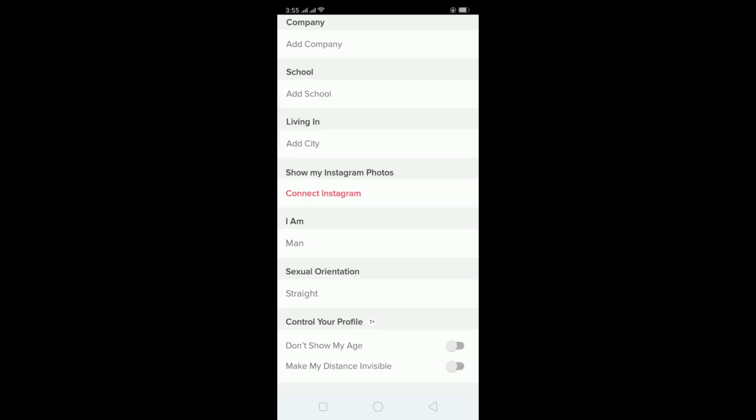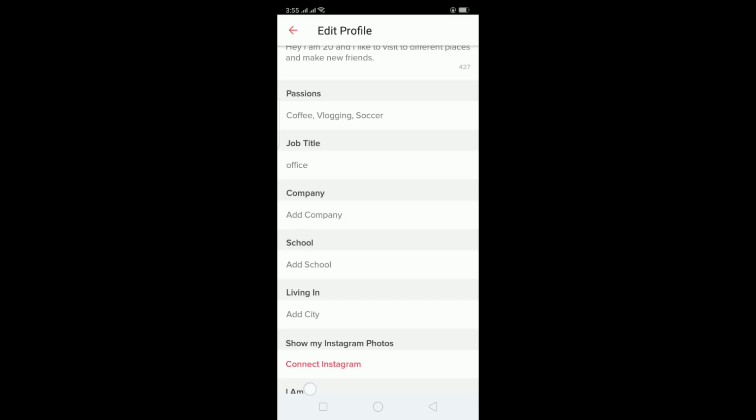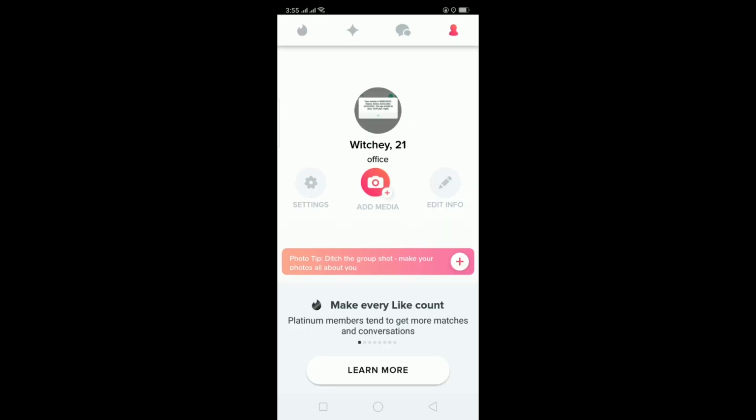So as I'm talking about Tinder's premium version, let me tell you how you can get it. You can just go back or go to your profile, and after going to profile, as you guys can see down below over here, it says My Tinder Plus, and there are a lot of options. You can scroll to choose which option you want to